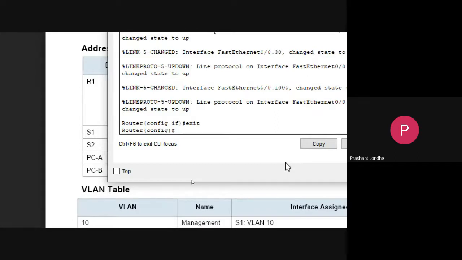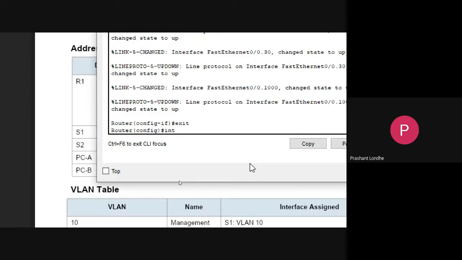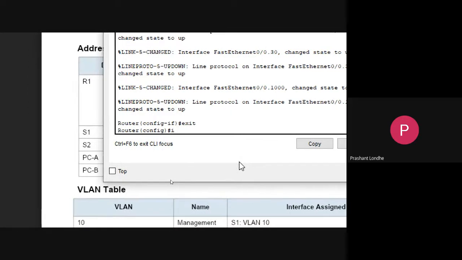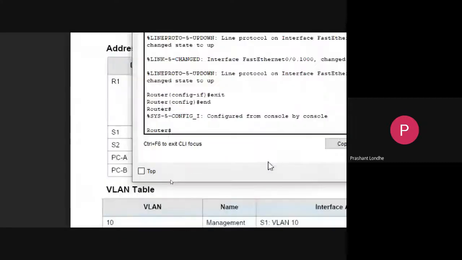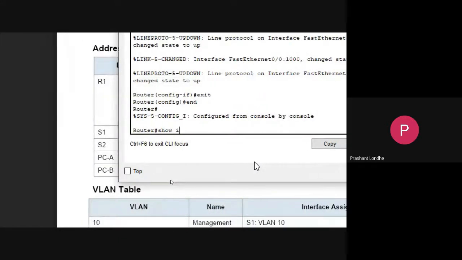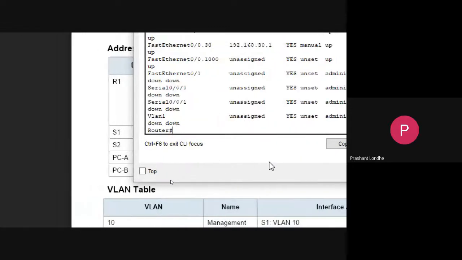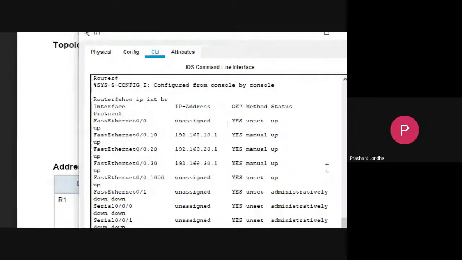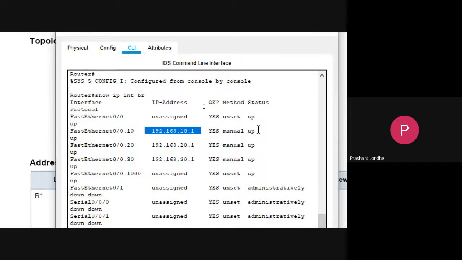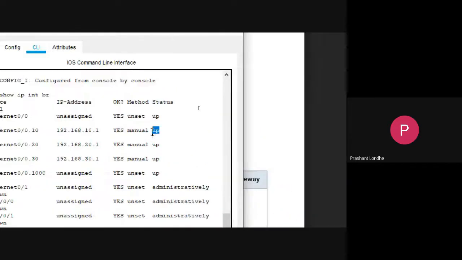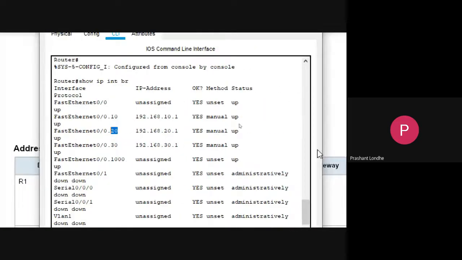Now you need to check the IP addresses. Show IP interfaces in brief. You can see .10 is assigned to this one and the status is up, means it is on. For 20 it is also on.